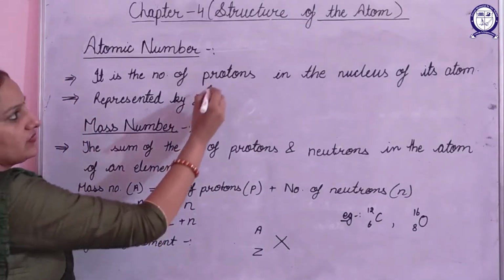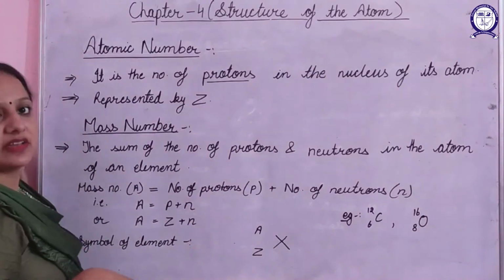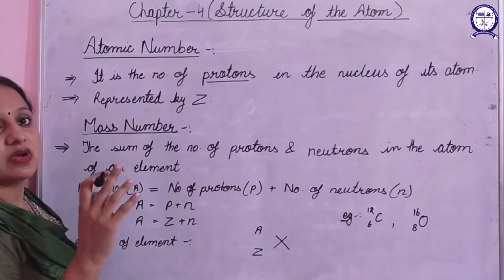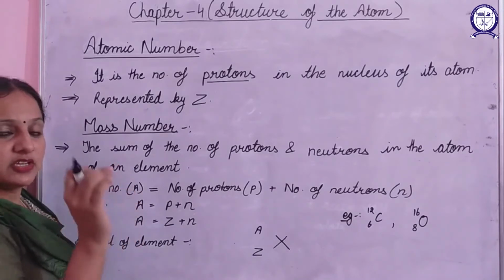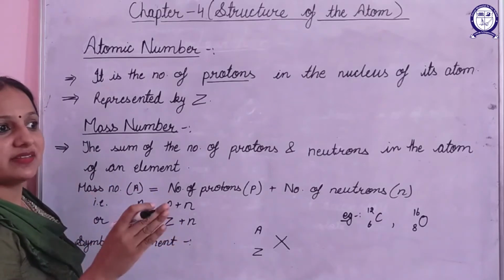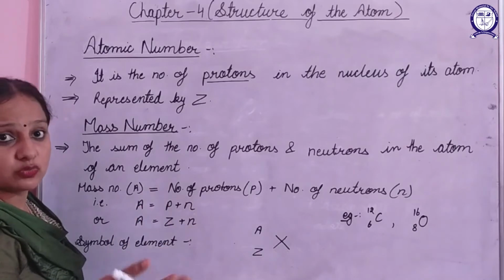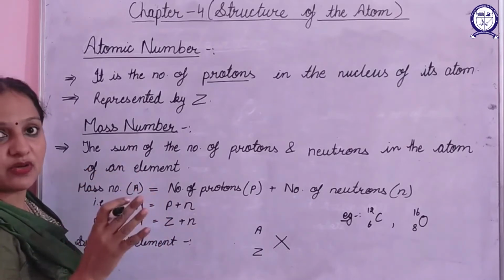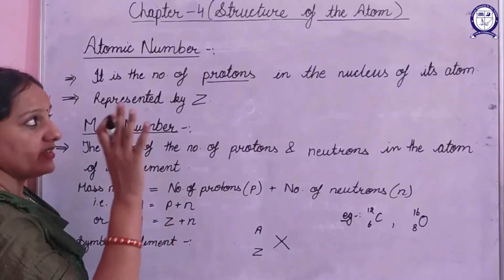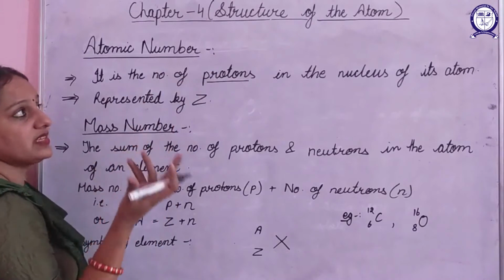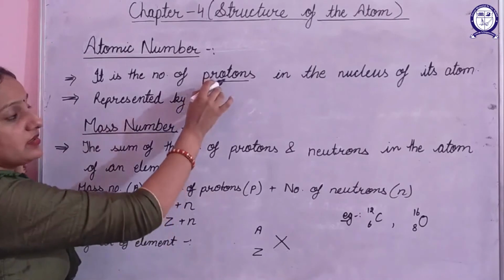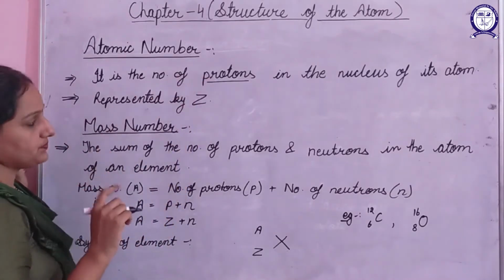One more thing, here we have considered the proton. We could have considered the electron also, but we are not considering electrons. There is a reason behind it, because whenever a chemical reaction takes place, it is the electrons which take part in the chemical reaction. So during a reaction, electrons could be gained or they could be lost. So the number of electrons during a chemical reaction will not remain fixed. They can vary. If we considered electrons here, then in a chemical reaction the atomic number would also change. For that reason we take protons, not electrons.